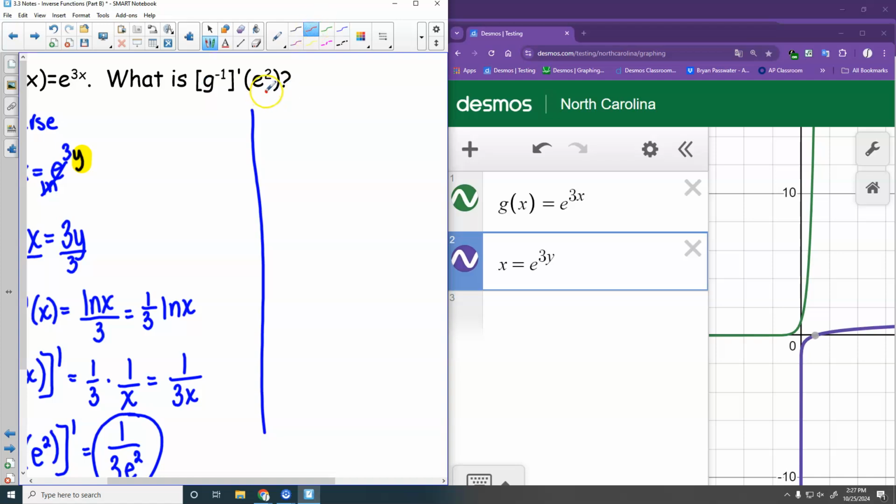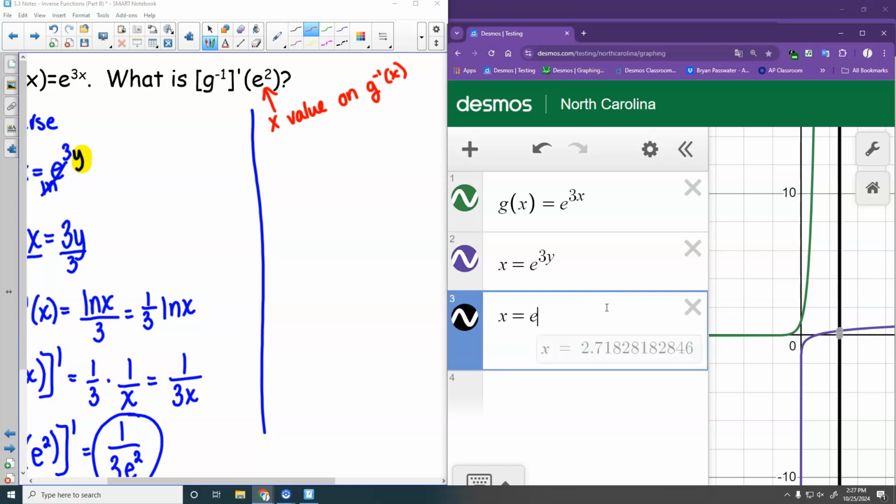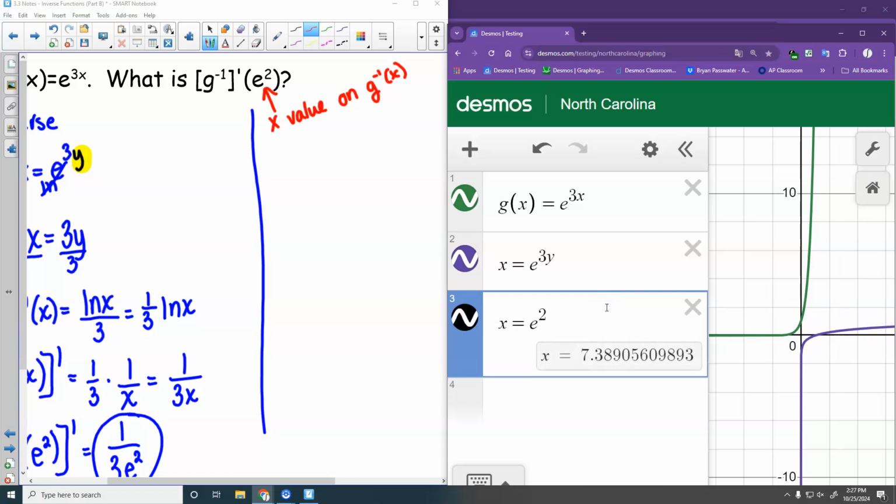So that means that this is the x value on g inverse of x. So like on our graph over here, if I type in x equals e squared,